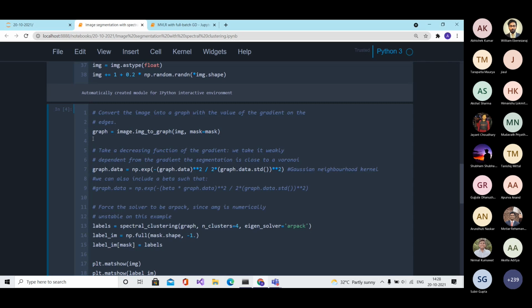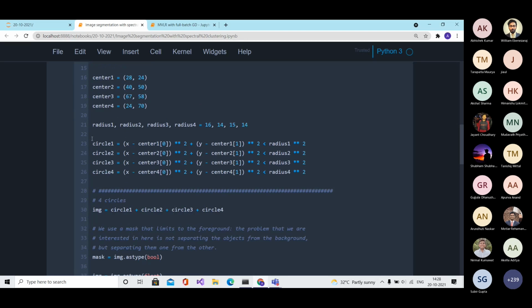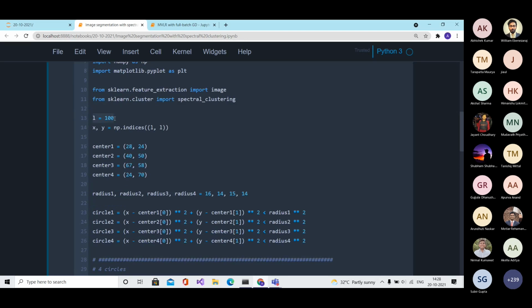Yes, every pixel is being considered as a separate node, and their interrelation is being represented by the graph. So if the current figure we will be generating is of dimension 100 by 100, that means you will have a total number of nodes equal to 10 to the power 4, that is 100 times 100.